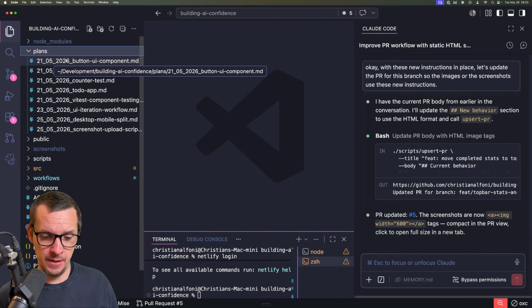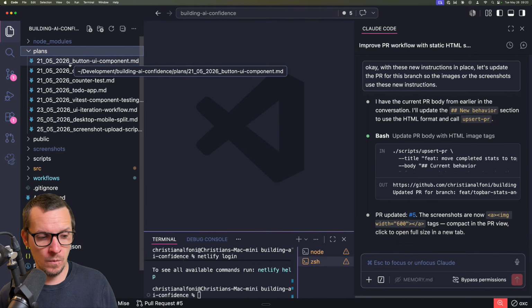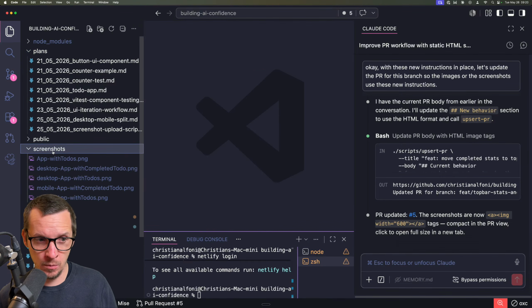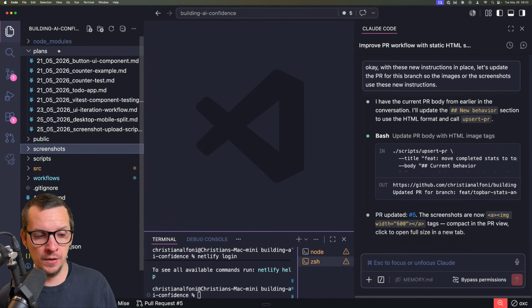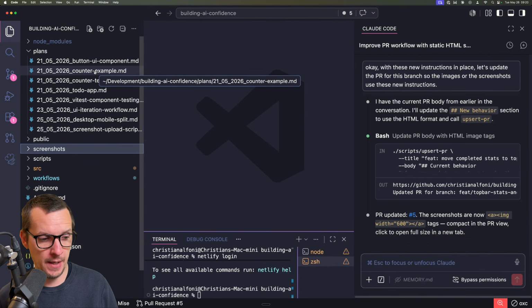And within that branch, we are going to insert any screenshots we've generated, any plans we generate, and the agent sessions. We're just going to use the repository itself as a way to, yeah.